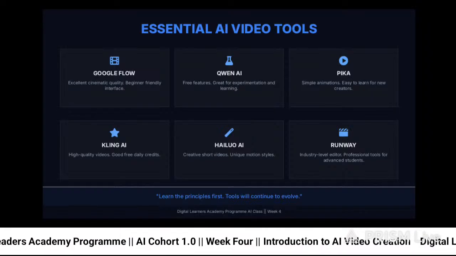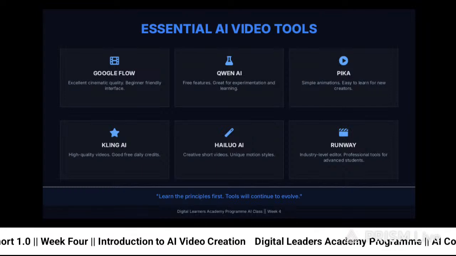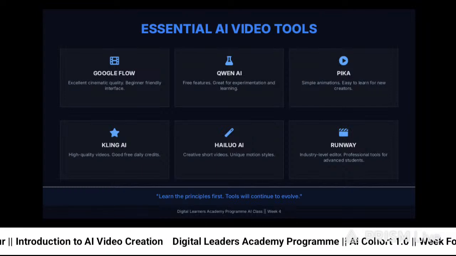Then the next one is Kling AI. Oh, Kling AI. Kling AI is very good. But as it is, it now has most premium